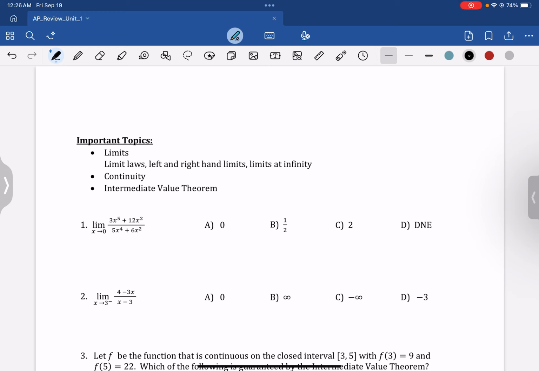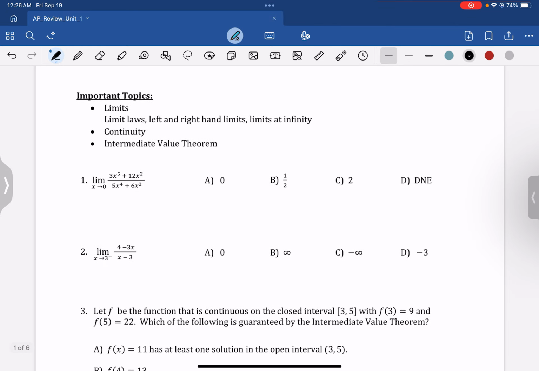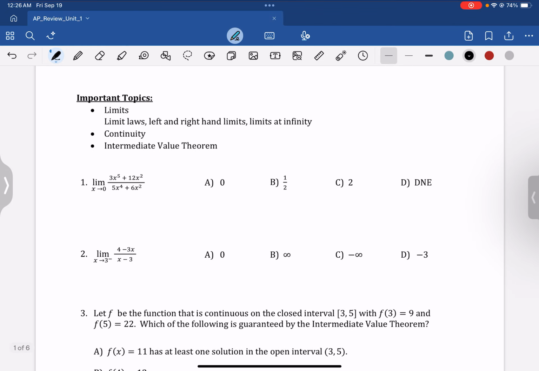The unit one really important topics are limit laws, left and right hand side limits, limits at infinity, the function's continuity, and the intermediate value theorem, which is also called IVT. I'm going to use four questions to illustrate these concepts. So for the first one,